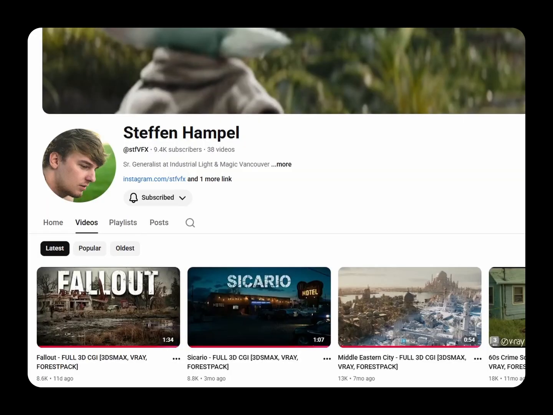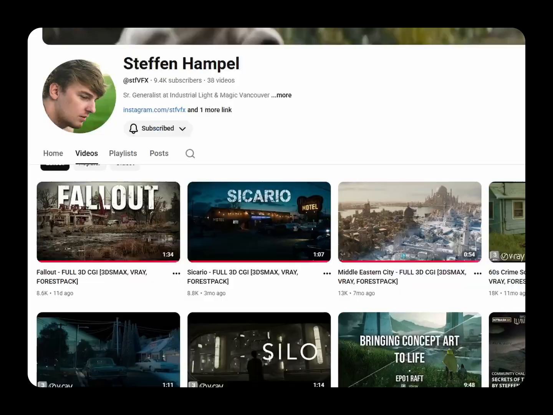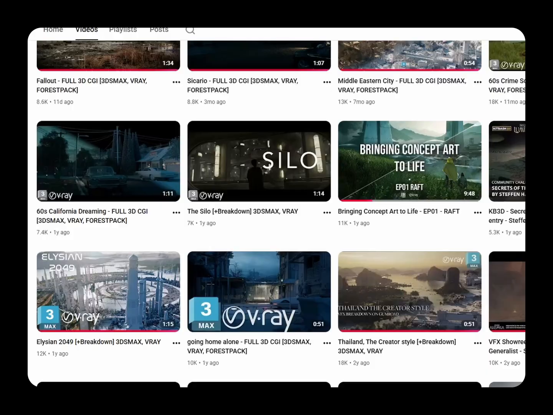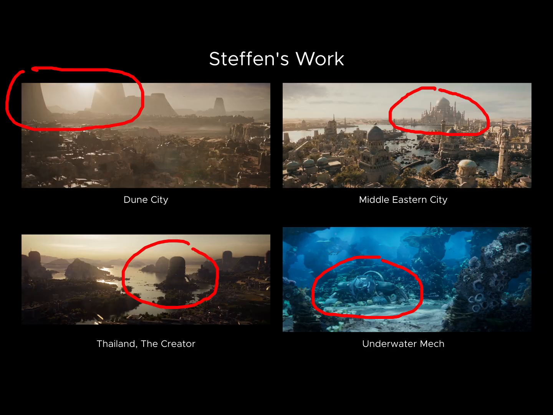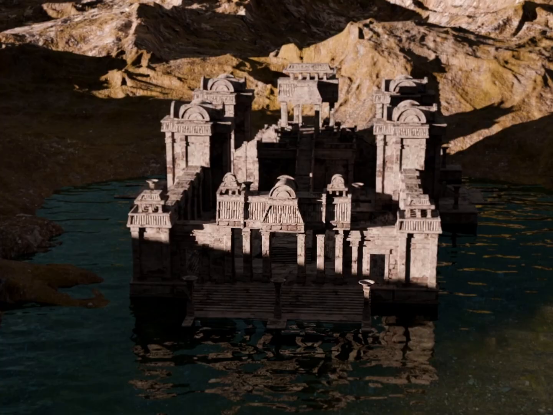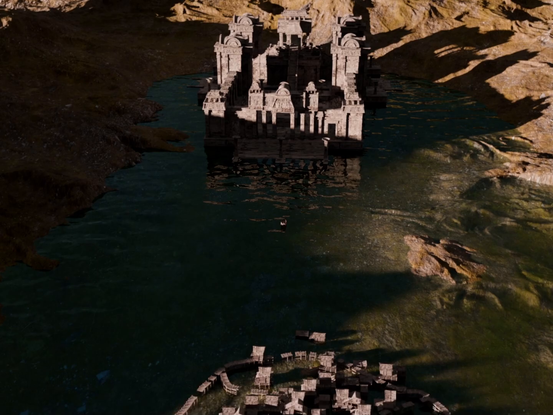One of my favourite artists is Stefan Hampel, and he's a master at these kinds of shots. And what I noticed in his work is that the camera moves towards some kind of hero object. In my case, it's the temple. I made the other objects, like the boat and the buildings, much smaller, to hopefully give a grand sense of